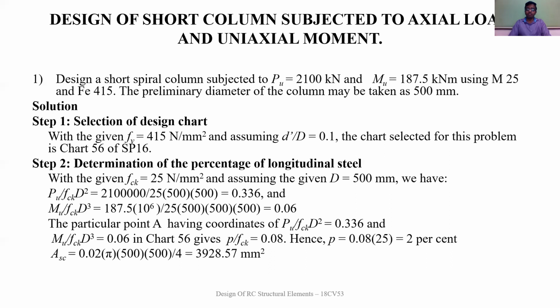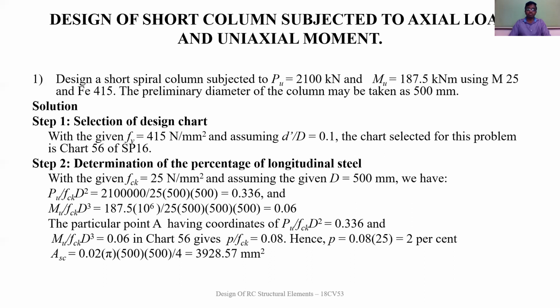The grade of the concrete is M25 and grade of steel is Fe 415. The preliminary diameter of the column may be taken as 500 mm. So here, the step 1 of this particular design is to select the given fck, Fe 415 and d dash by D. The chart selected for this problem is chart number 56 of